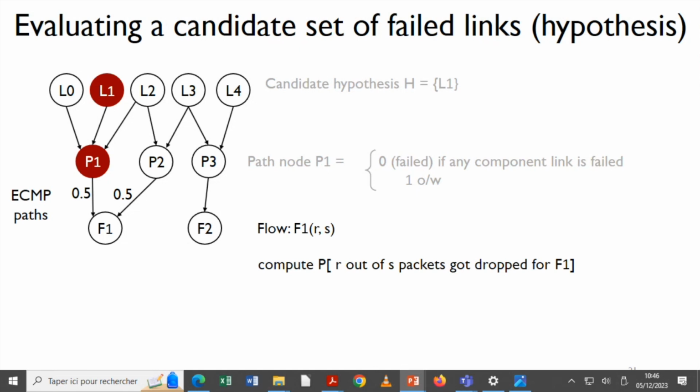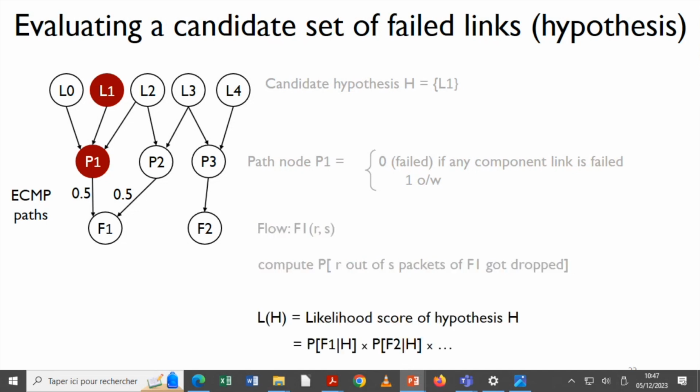And then you have the observed variables. So let's say for flow F1, you experience some 10 out of 1,000 packets that got dropped. So you can just write out the probability, assuming that you have some sort of random routing between the possible paths for F1, and then you have a certain drop rate associated with a failed link and a certain drop rate associated with a correctly functioning link, which is to model some noise, because some packets can get dropped even on good links, maybe because of congestion or some other cases. Okay, and then if we multiply all those probabilities for each flow, we get a way to score a hypothesis.